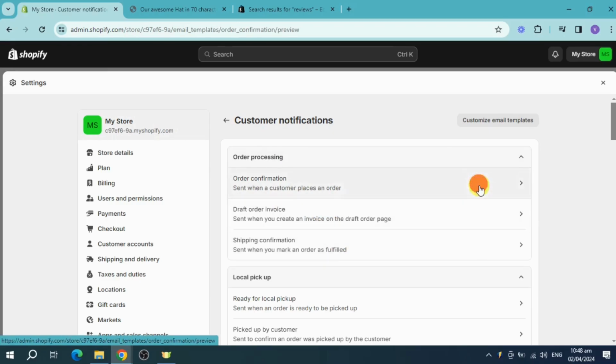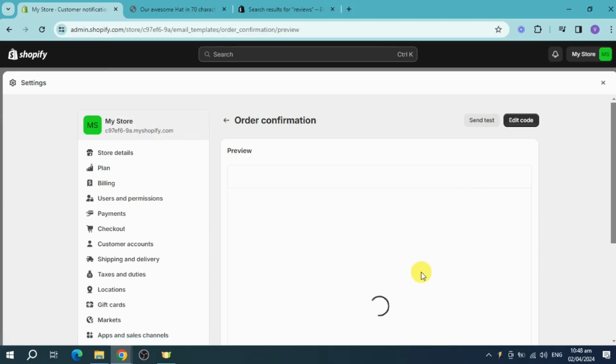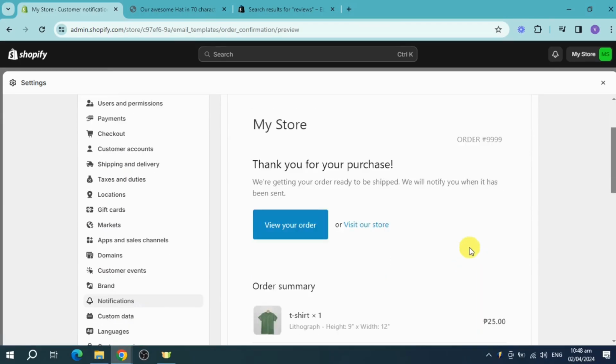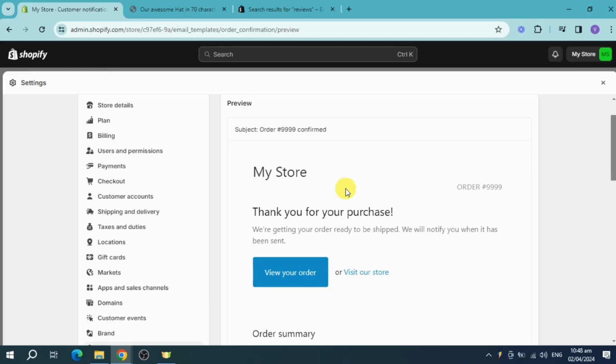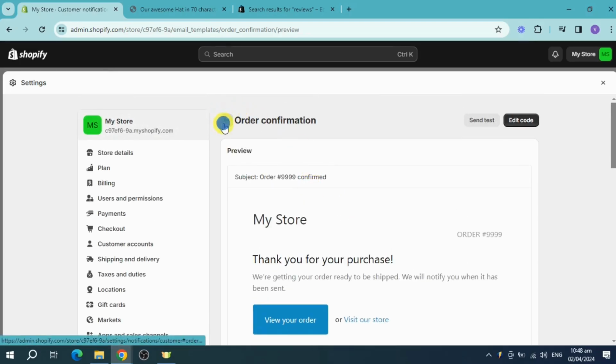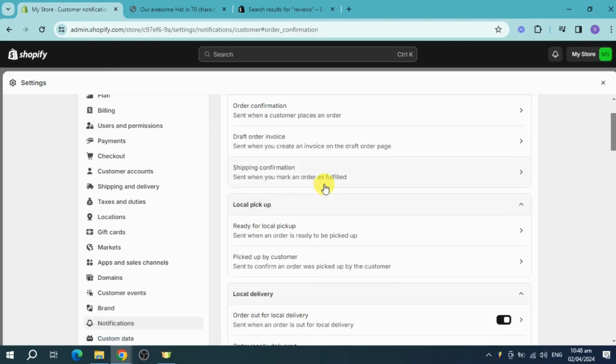When you click on any one of them, you should be able to see a preview of what they will look like. So you need to make sure that this notification has been enabled. By enabling it, once a customer buys from you, they will receive some emails from your shop, and they can also help make them come back,